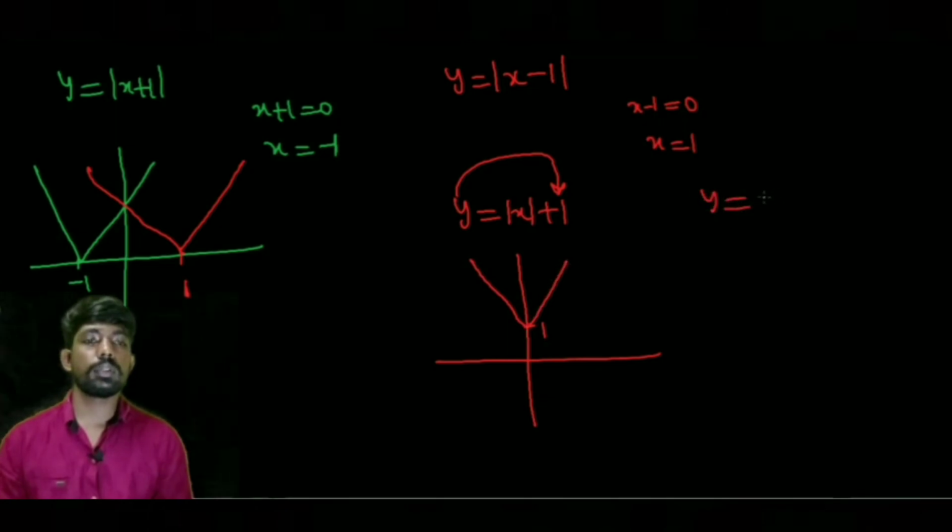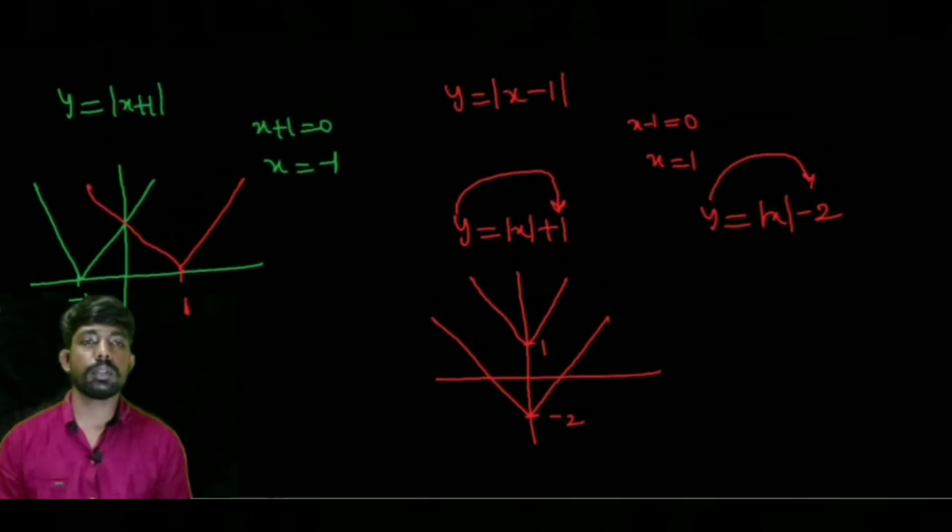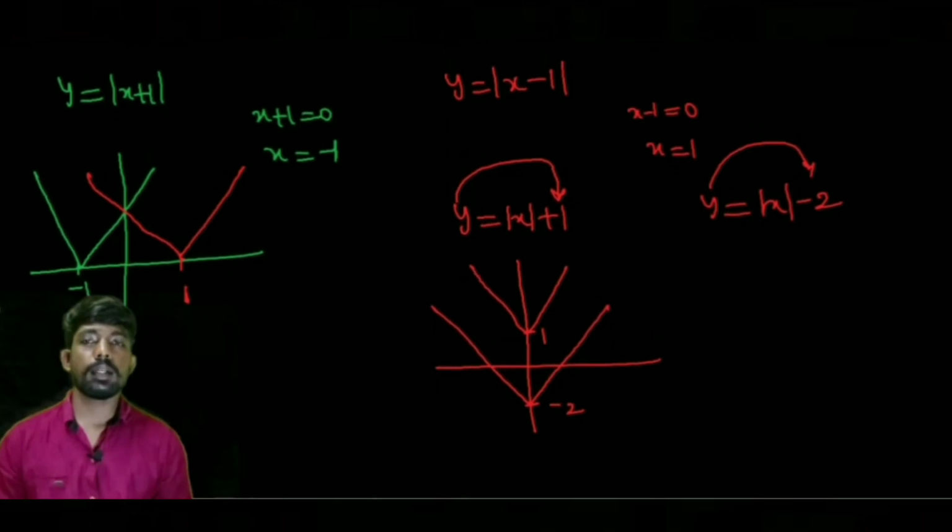y is equals to mod x minus 2. Then the y-intercept is minus 2. That means the V shape shifted to minus 2. So the graph will be shifted towards negative y-axis values. These are the graph plotting techniques. Now consider